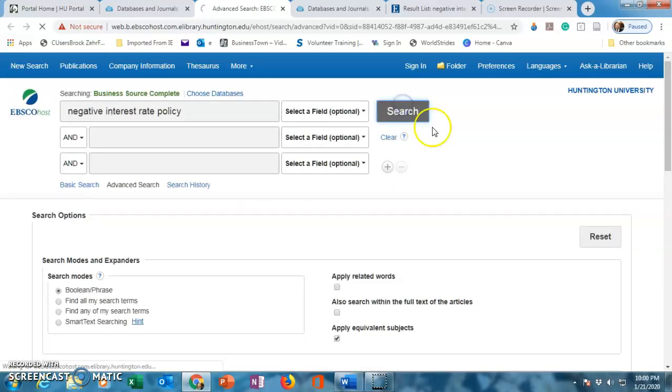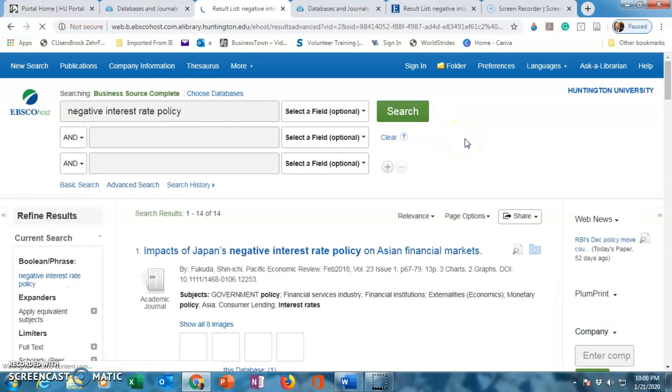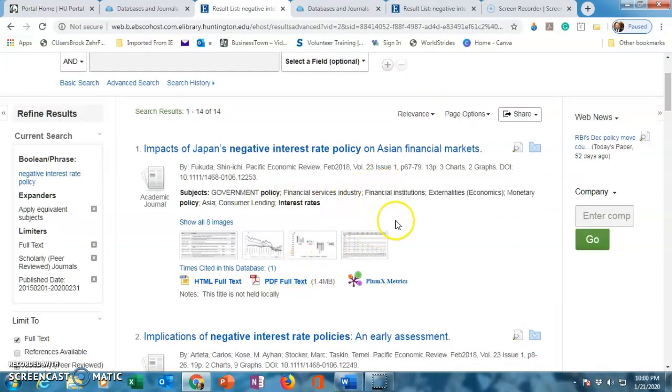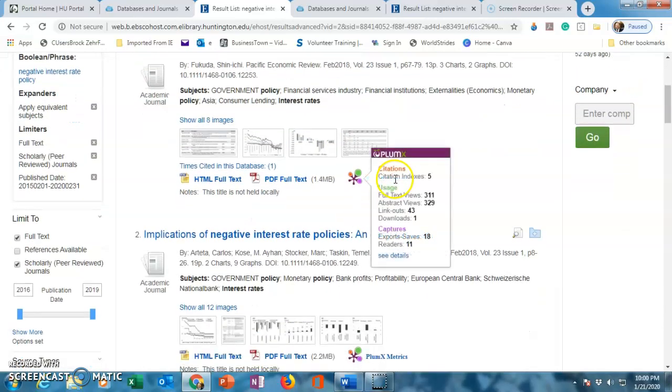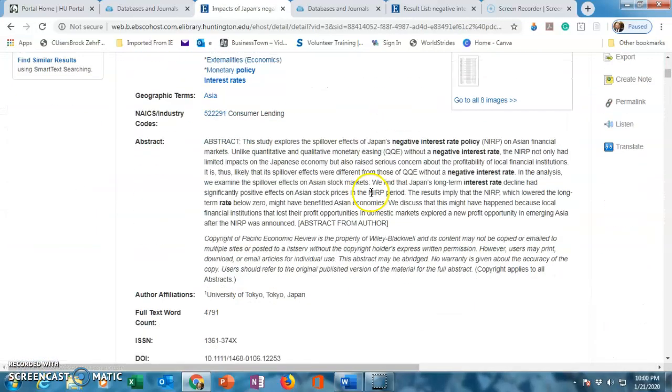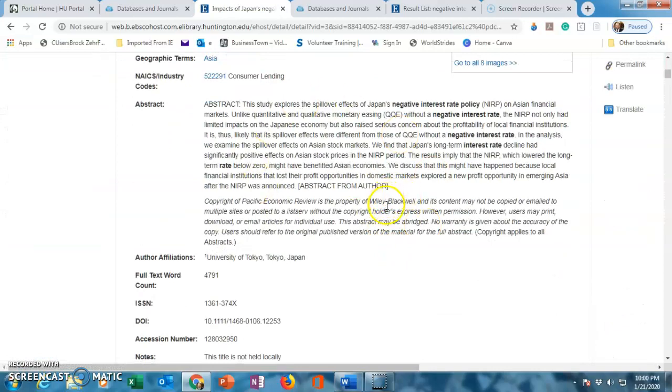Okay, now we'll do our search, and lo and behold, we've got 14 peer-reviewed full-text articles, and we can scan through them and choose one, and if we want to, we can read just the abstract of the article. It's a summary of the article, and see if that is one that we want to use for our annotated